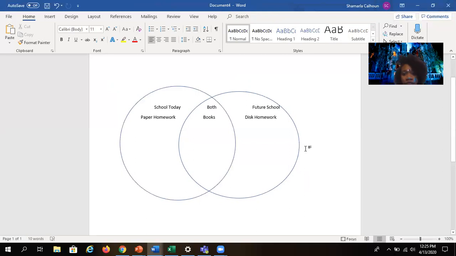And then when you're writing, you will use this diagram to help you with your writing, because your paragraph 2 here is going to be in both, and then paragraph 3 is going to come from the two sides.